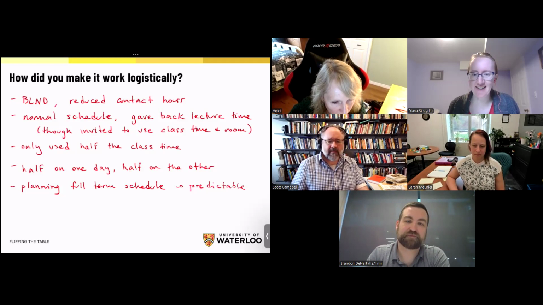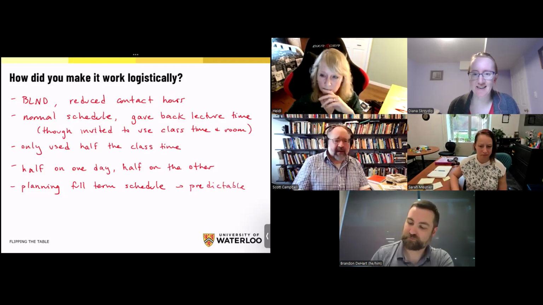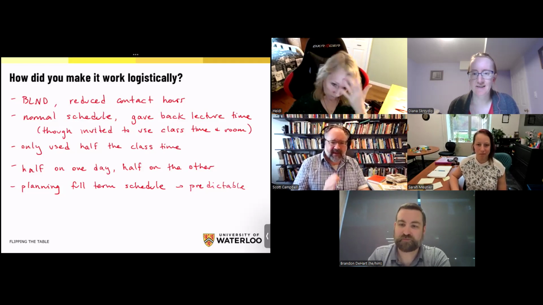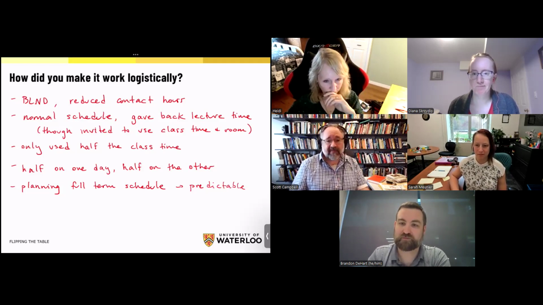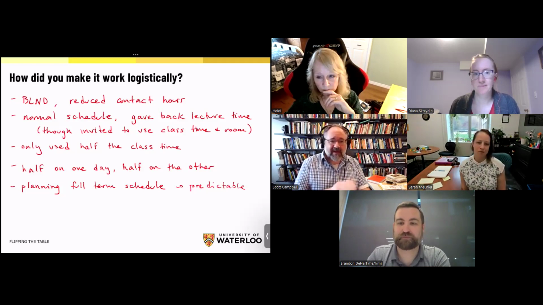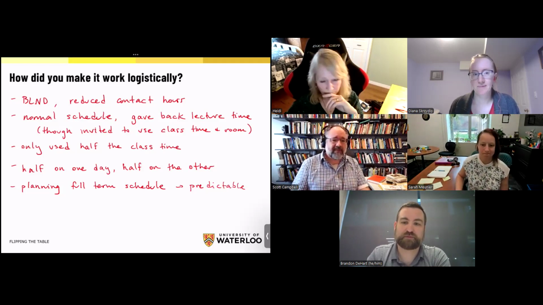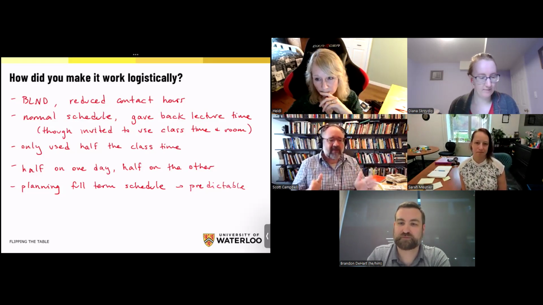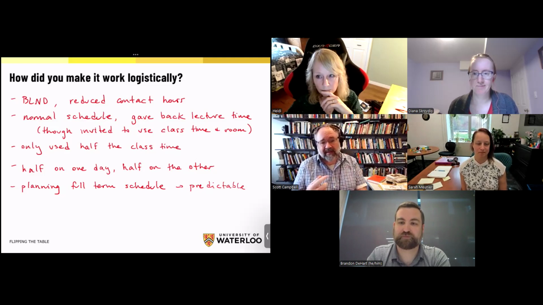Scott, anything to add? I want to echo the idea of predictability and making the course as tightly organized as possible, because this is different for a lot of students. The easier you can make it for them to get into the rhythm of doing things before showing up, doing the quiz, making that as regular, routine and predictable as possible, I think is a big part of getting the buy-in for the course. For sure.